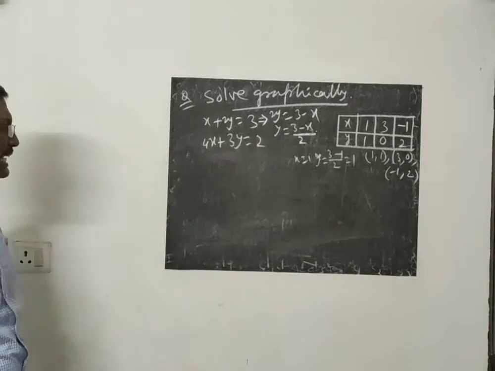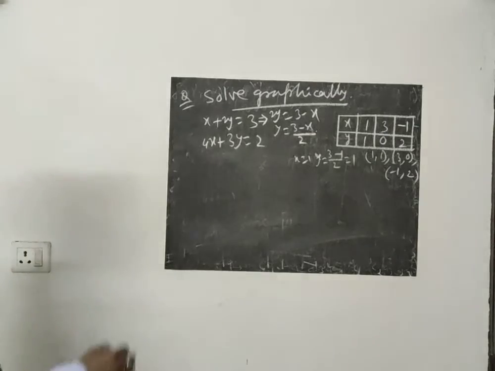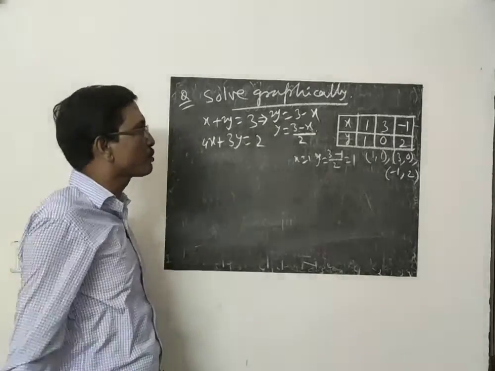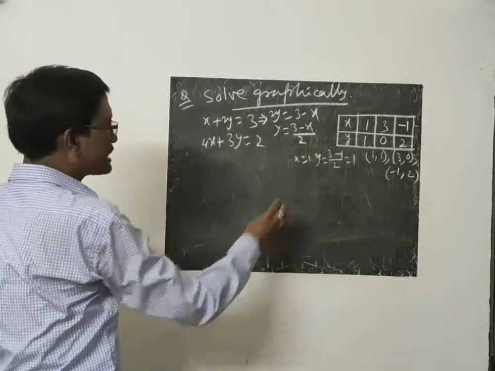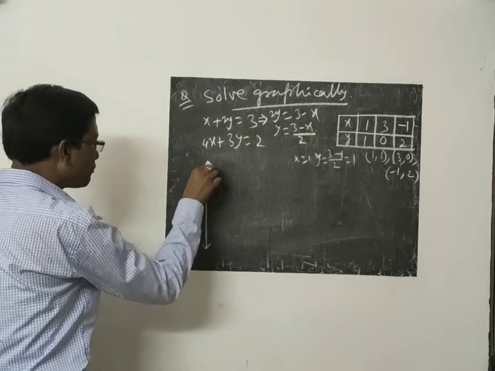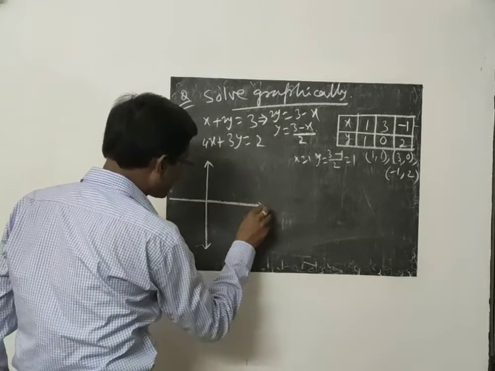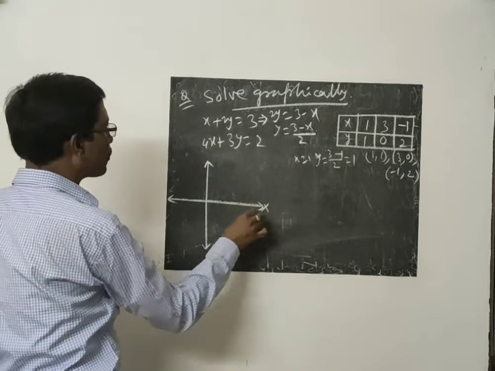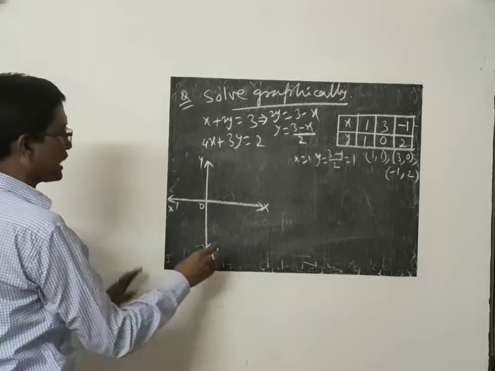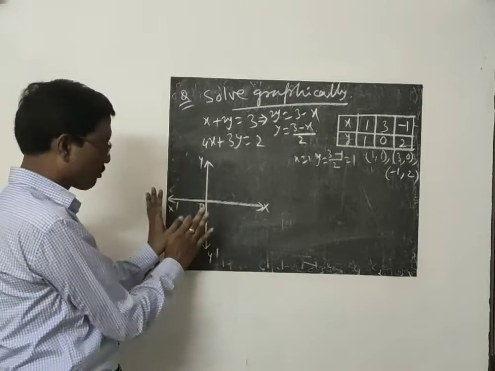Before calculating the second one, it will be better to represent the first one so that the points are not confusing. First represent these 3 points and join them, then you will get one straight line. Roughly I am drawing here. On the graph paper you will get the exact one. So you must follow the graph paper and do it using that. Graph, that is the concept.